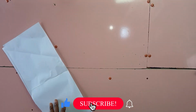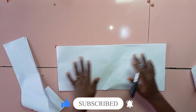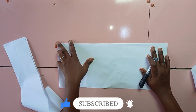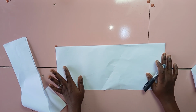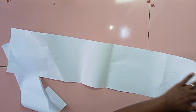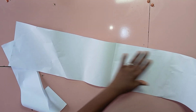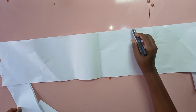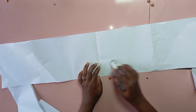So let's keep this aside now. I will assume that this is the main fabric that I'm using to cut the bubble skirt. Let's say this one that I cut out here is the wideness after multiplying it by 3. This is the wideness I'm working with, and I have the length like this after adding the 5 inches or